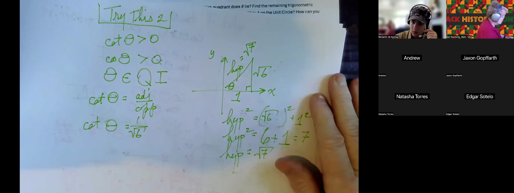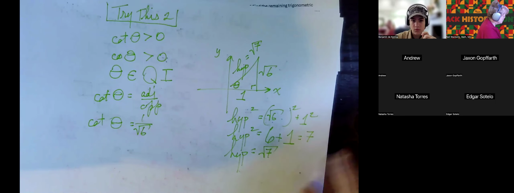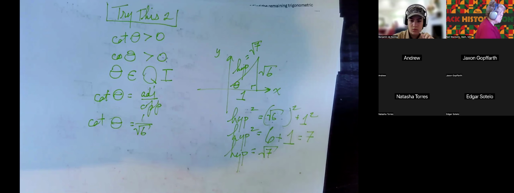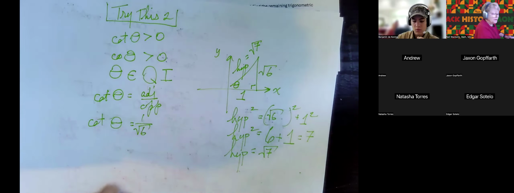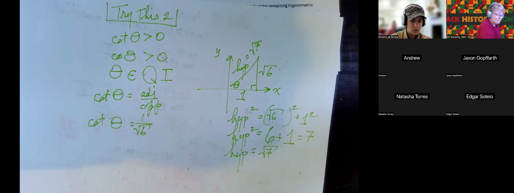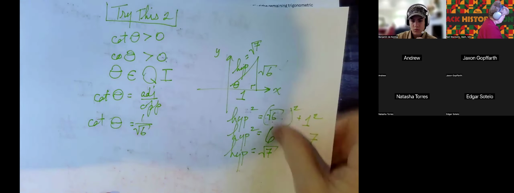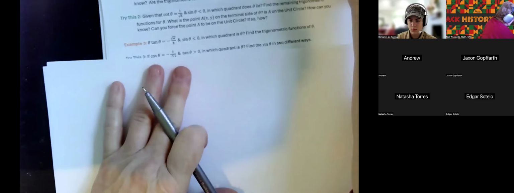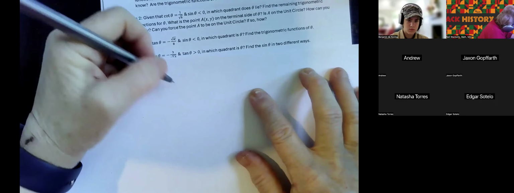I'm going to leave it there, but I do want you to get practice finding reciprocals when the numbers are not nice. Okay, so let's look at the next example. And how's our time? Oh, I guess we're okay. Our next example is